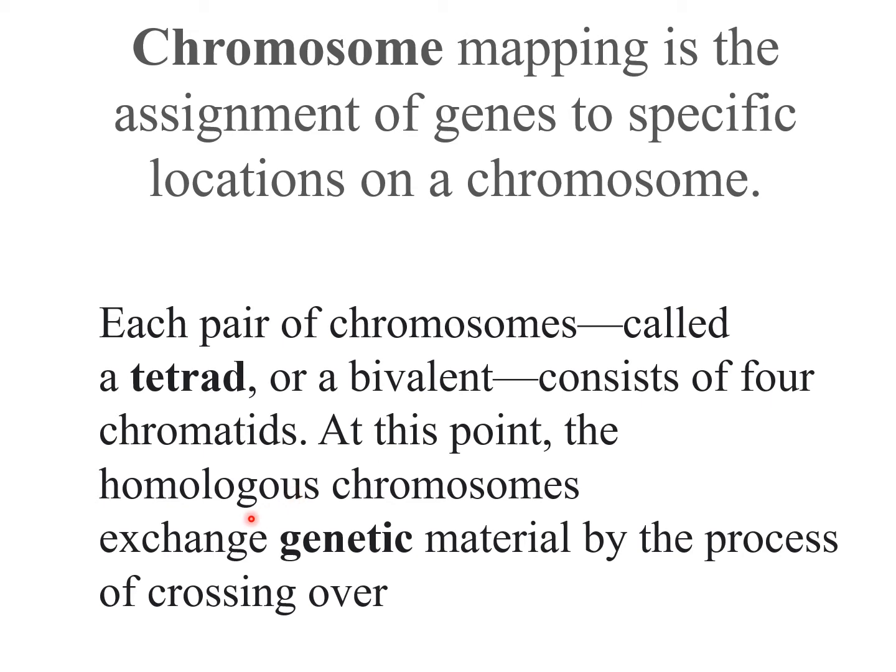At this point, the homologous chromosomes come very close to each other, and we call it synapsis formation. And then here we can see the crossover takes place, and that results in exchange of genetic material. So this analysis of the tetrad is what we are going to use for mapping purposes, and therefore it is called tetrad analysis for mapping.